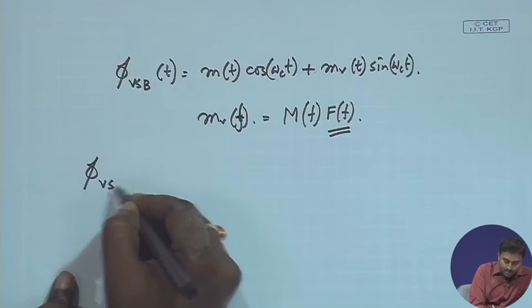In SSB what was happening, the signal was passed through a Hilbert transform. So the Hilbert transform has a transfer function like this filter, and we are just passing it through it. The same thing we are doing, because we have said that we want a representation almost similar to SSB. That is what we are doing. So immediately what we can write is this, phi_VSB(f),